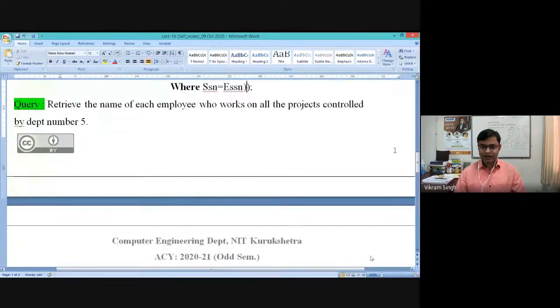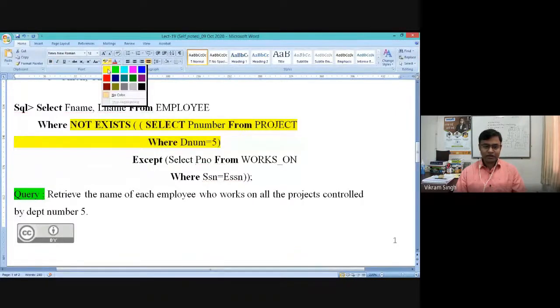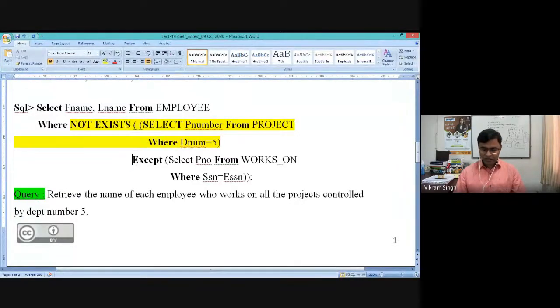Let me extend it. Yeah, so you can see it is using select first name, last name from employee where not exists, like this. So this is emphasizing the not exists of this data. Whatever this subquery is generating, if it is not having anything, not exists, then only something in the outer query will be selected. Similarly, we have used this second clause, which is except. So it is like this only.